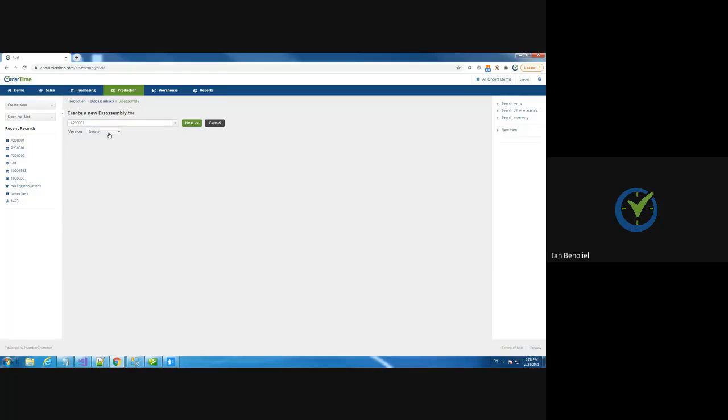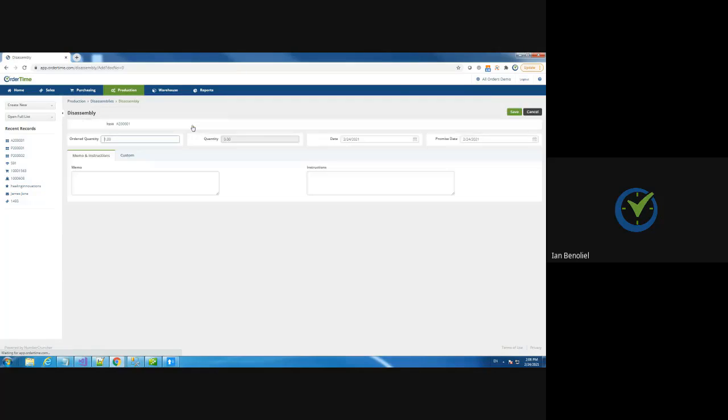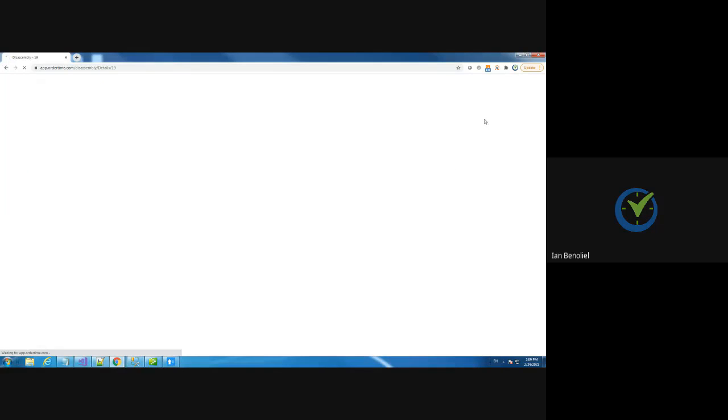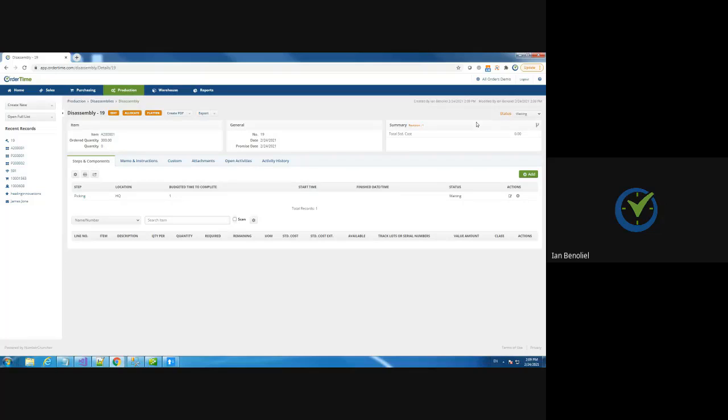Okay. Now I can pick which version I want. I want the default, not the work order version, because I want a blank bill of materials. And I'm gonna disassemble 300 units of this product. Okay, it's a lotted product. All right, so I press save, and the next step is I want to introduce the lot number that's actually